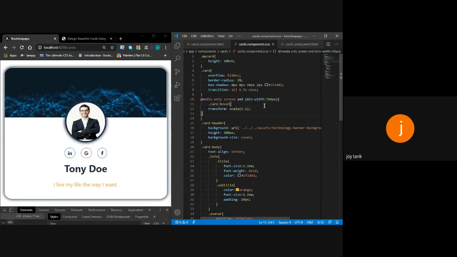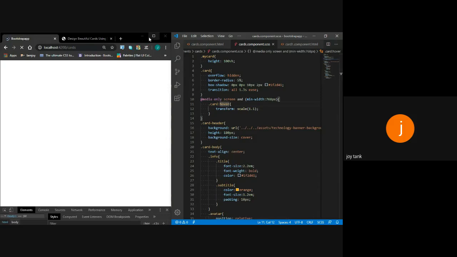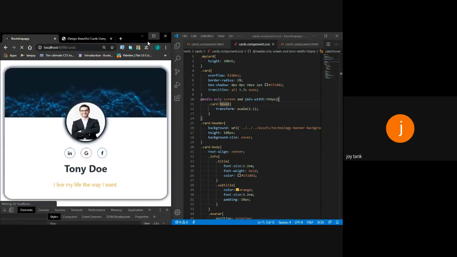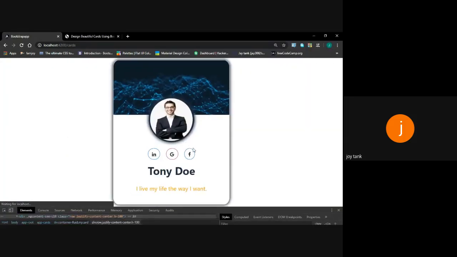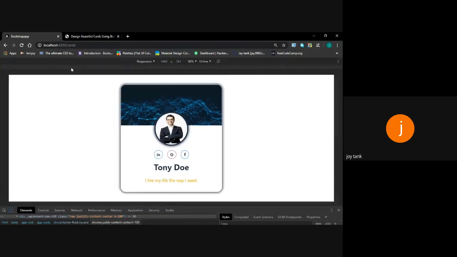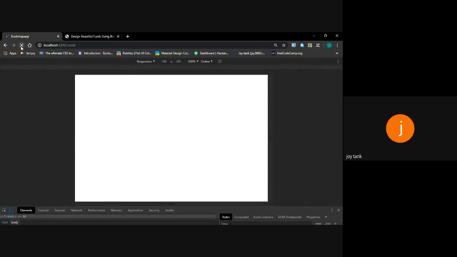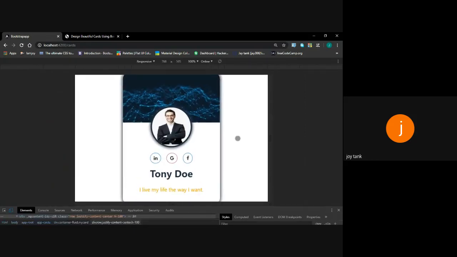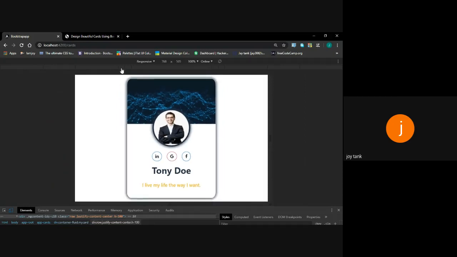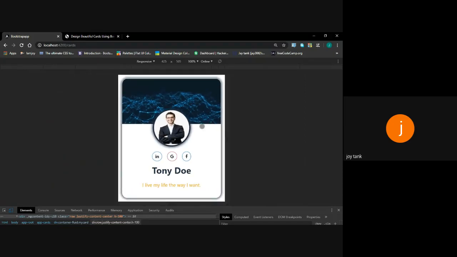So I want that this viewport size should be used. So you can see that in a large viewport my card is being scaled, and if you want to check in a medium size viewport, you can see that it's been hovered. In a small device it's not hovered.